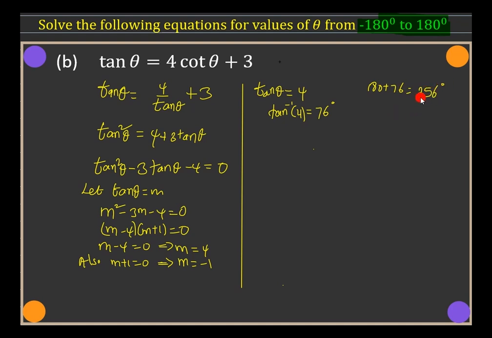But now 256 is outside the range, so we are going to take the other part, the negative angle. We have this angle is 76, this one here is 76, and the 256 is that one,